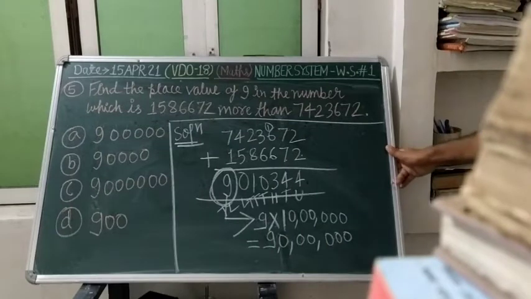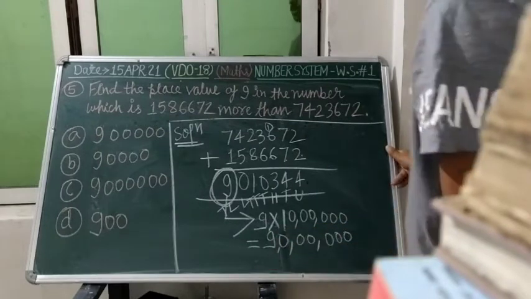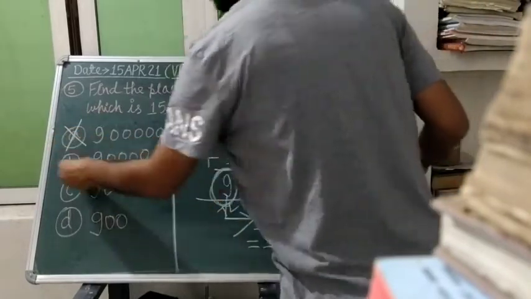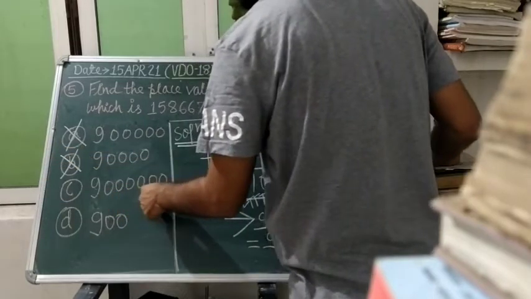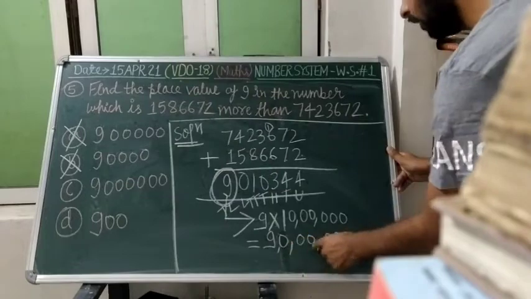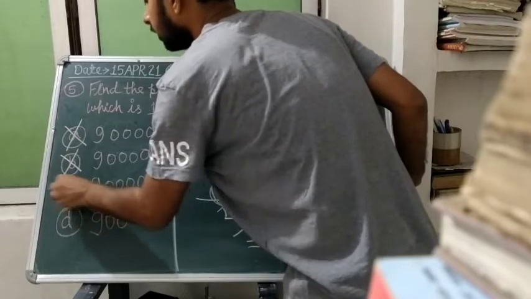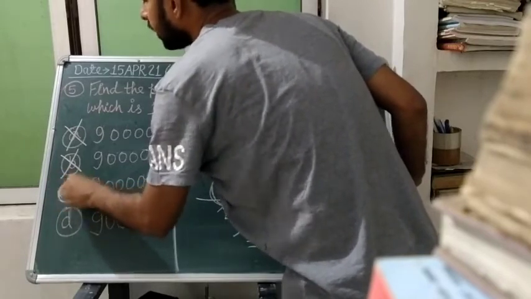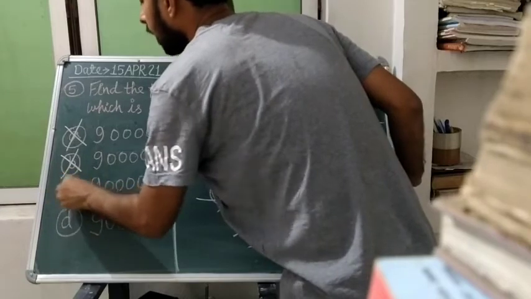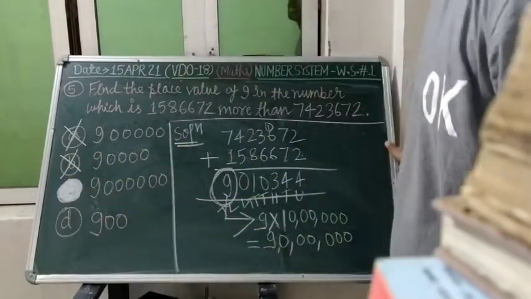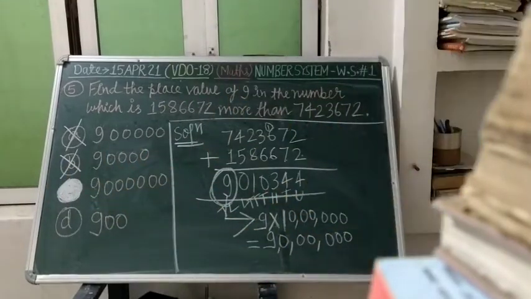And where is 90 lakhs? You are looking in 90 lakhs, there are 6 zeros. So 1, 2, 3, 4, 5, 6 zeros. So your answer will be C1. While you are giving the Sainik School exam, they will give you the OMR, and you will circle in such a way that there should not be a gap in between the circle. That should be completely dark. Okay. This one is your fifth problem solution.